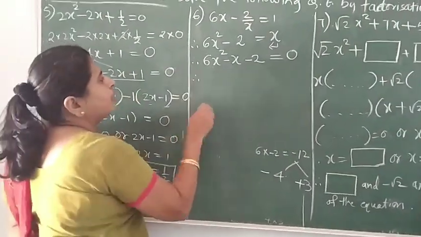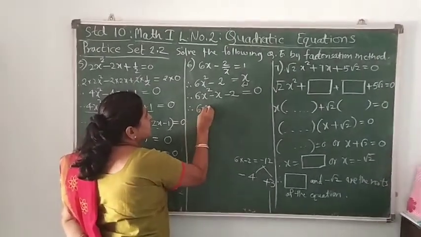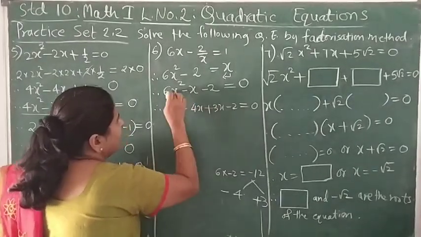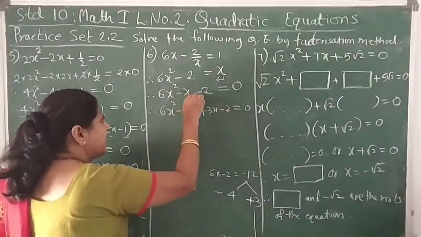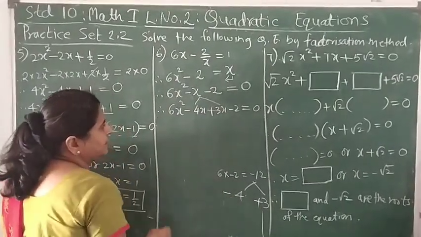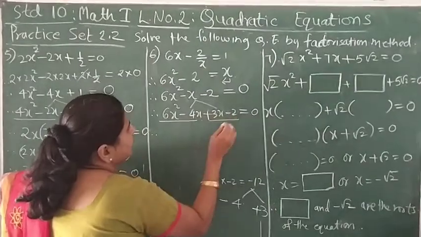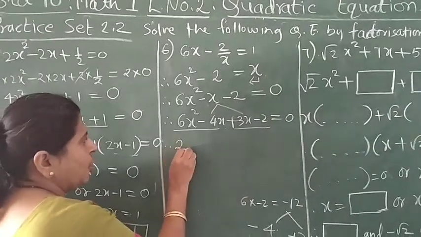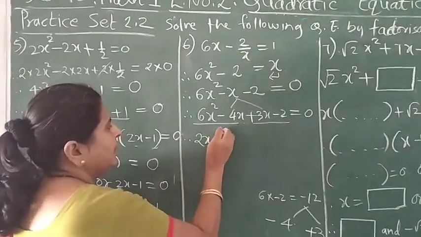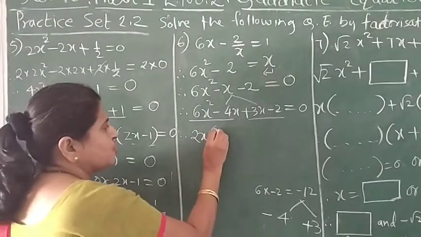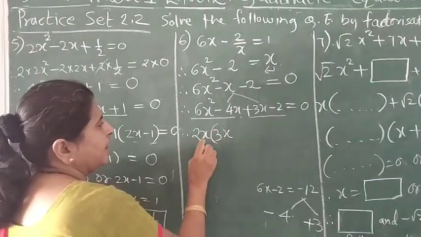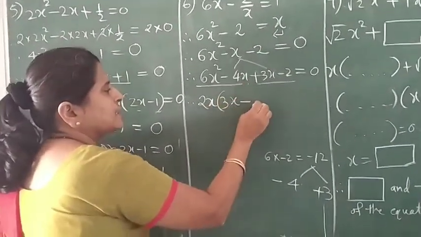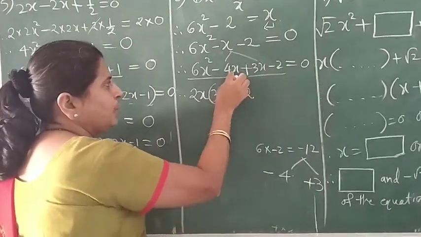Okay. Therefore, now writing this along with x, 6x square minus 4x plus 3x minus 2 is equal to 0. We are copying the first and third terms as they are. We are just splitting the middle term like this with the help of these factors. So what is common from these two terms, 6 and 4? Both 6 and 4 are in the table of 2. So 2 is the common number. x square and x, x is common. Now in the bracket, 2 how many are 6? It is 2 threes are 6, and x into x square. So this is the product, 6x square, with the minus sign. Now 2 how many are 4? It is 2 twos are 4. So 2x into 2 we get 4x.